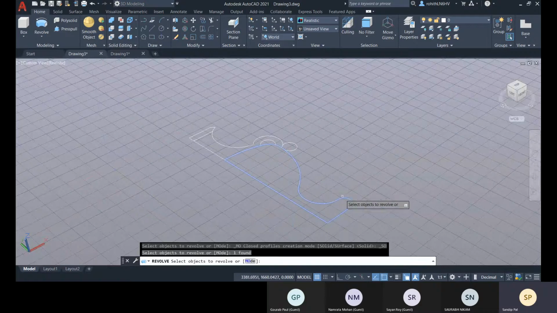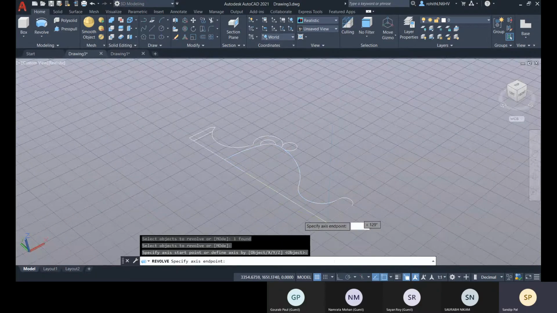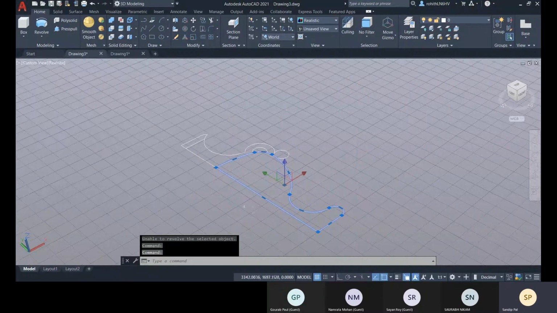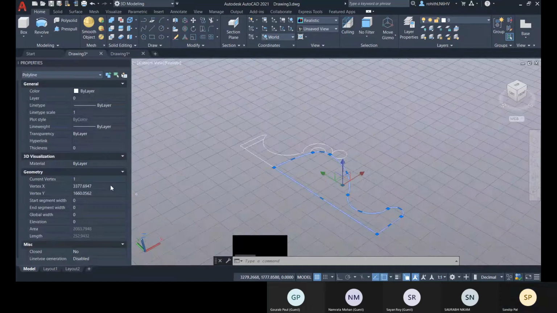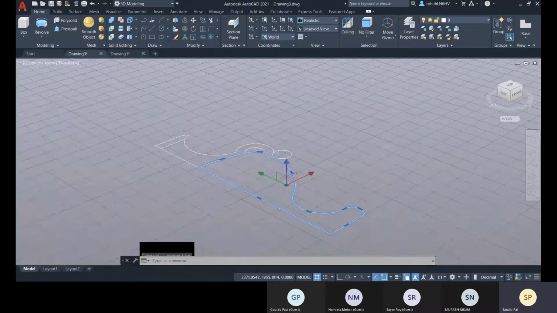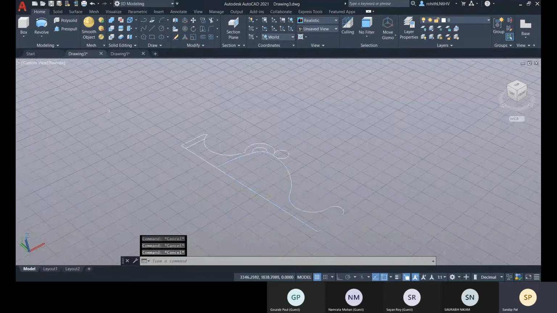Revolve, select this object, enter, this first point and this second point. Unable to revolve the selected object. Why is this so? Check. Let's do it now.